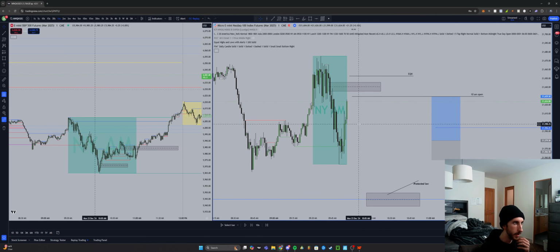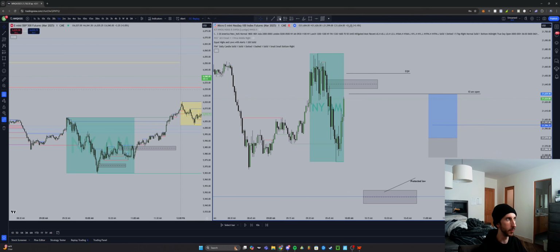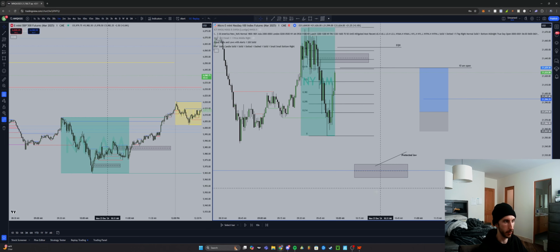Okay, so now that we're here, realize that we also do have an SMT at this low, right? We took this low here at 950, swept this low here at 843, and this low on NQ failed to take out this low. So we had an SMT here. I wanted to see how we would react at this level here at premium and discount. Wanted to see if we could stay within this area to push higher, or see if we could stay within here and then just kind of slowly sell off to, you know, whatever drawn liquidity lower.